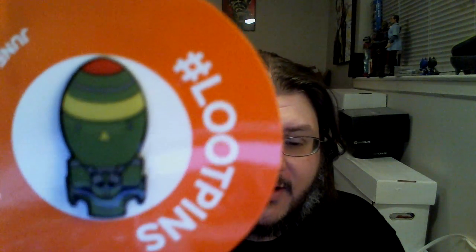It's enameled too. It's a little thinner than the previous ones have been. Like it's not buttons, they're pins. It's enameled. You can tell from the finish. Yeah, it's an enamel pin. It looks like it's a little thinner compared to some of the other ones, but it's still made very well. So let's take a look